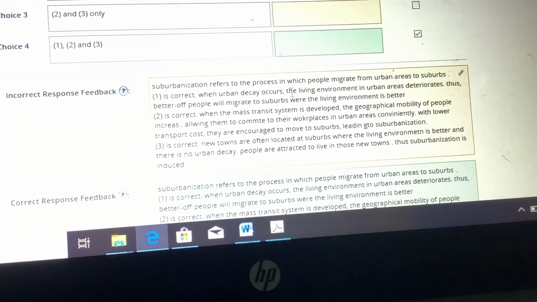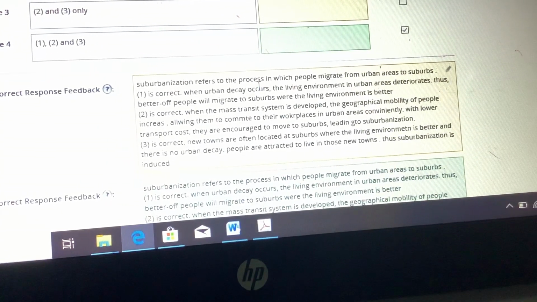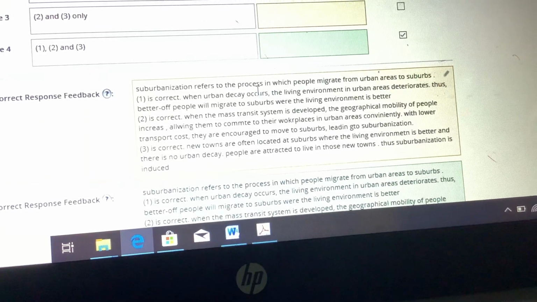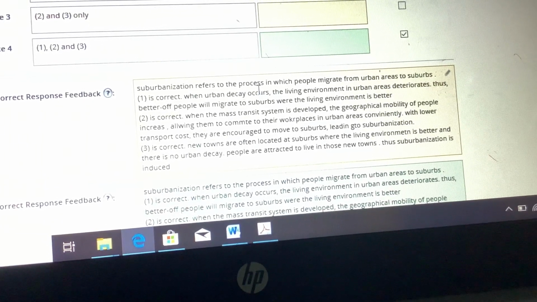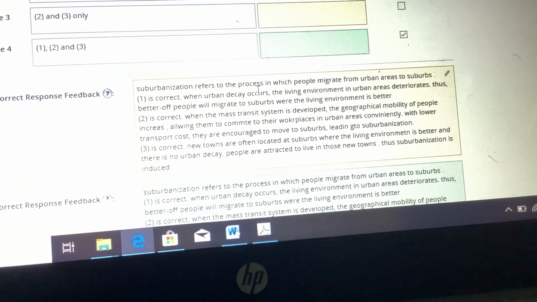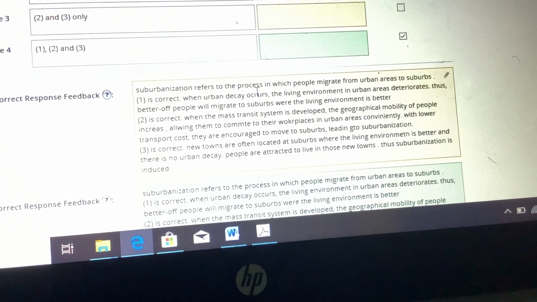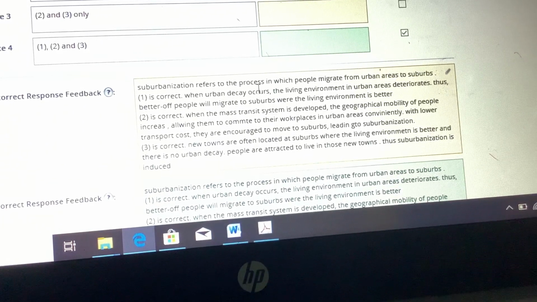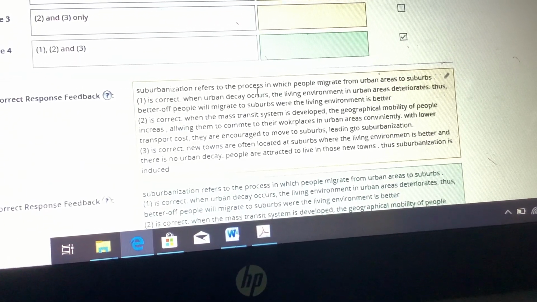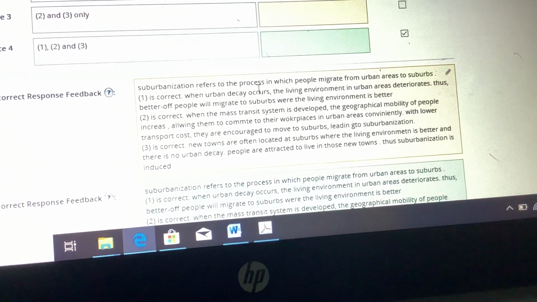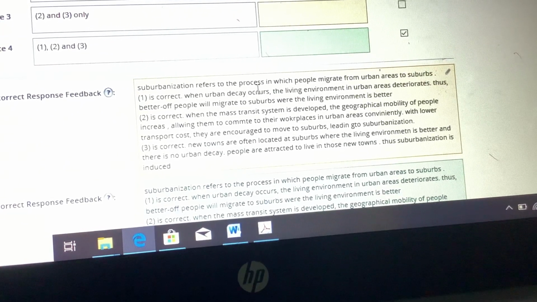But why is urban decay right? Because why does urban decay occur? Not just because of the old building. It's also because of the new generation of that old area. Just like Mr. Leung, as I said before, Mr. Leung lived in Sai Wan when he was 20 years old, okay? But right now he moved to Sha Tin because he wants a better living environment, okay?